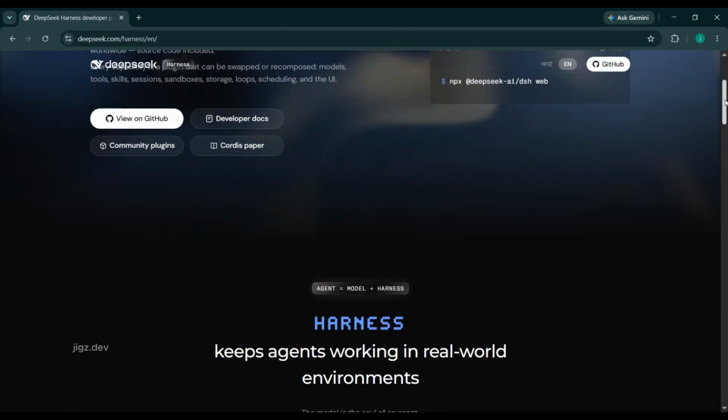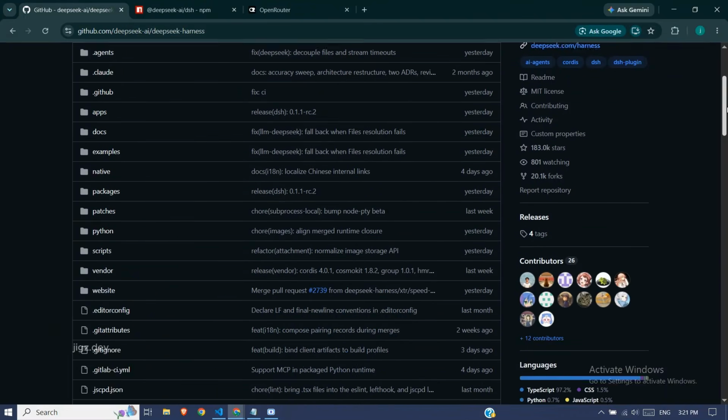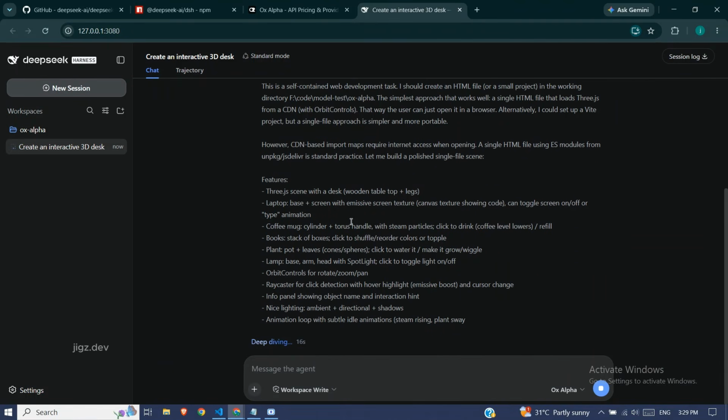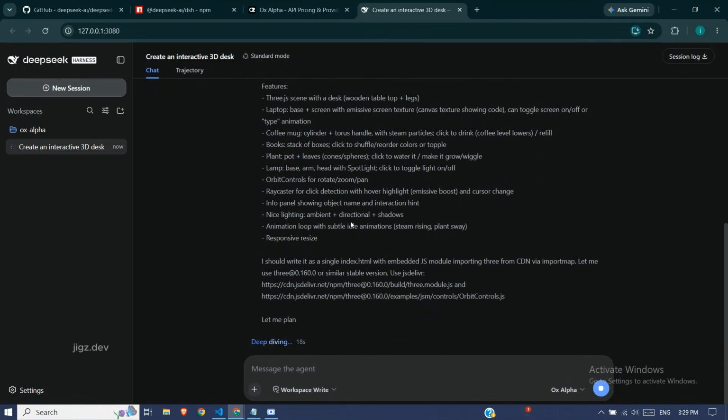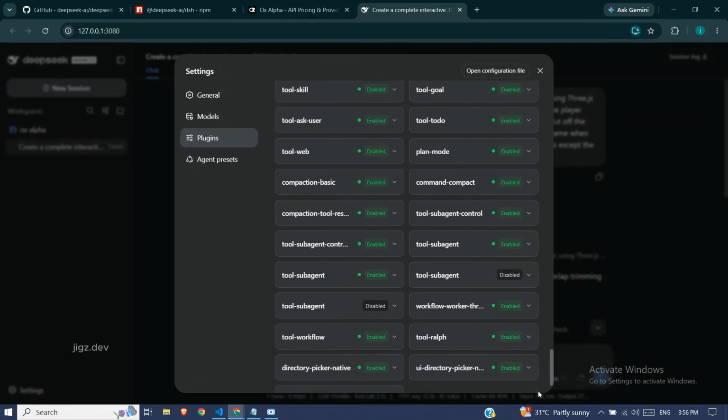So, DeepSeek has released DeepSeek Harness. It's an open source agent harness, and the full source code is available on GitHub. The main idea behind it is simple. DeepSeek says an agent is basically a model and a harness. The model does the thinking, and the harness gives it things like tools and access to the environment, so it